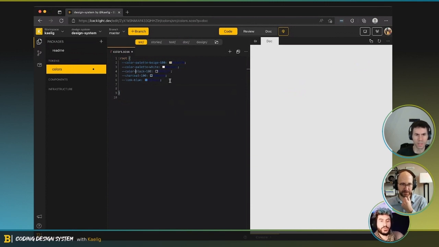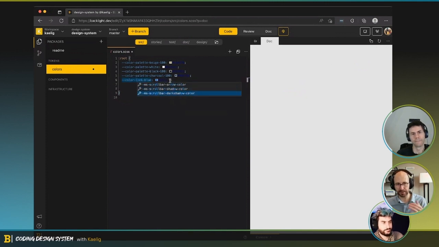Otherwise, we can do a few things. And by the way, it's something for all devs out there. If you're going to rename tokens, don't do it in a silo. Always try to talk with the designer and with the team to think about a common language. It's just something I like to do.